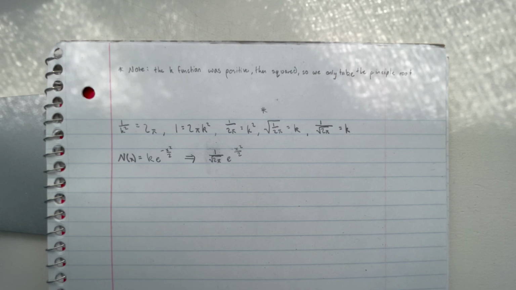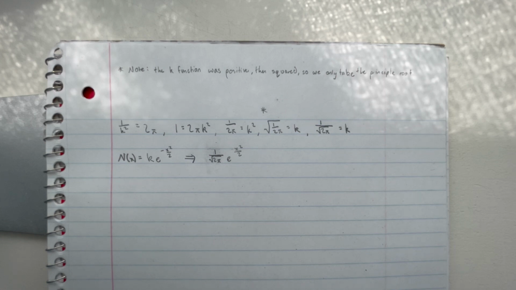Note that k was originally positive and then we squared it, so as we're taking the square root, we are only taking the principal root, which means that k is only going to be equal to the positive square root of 1 over 2 pi. This can be broken up into the square root of 1 over the square root of 2 pi. The square root of 1 is 1, and the result becomes